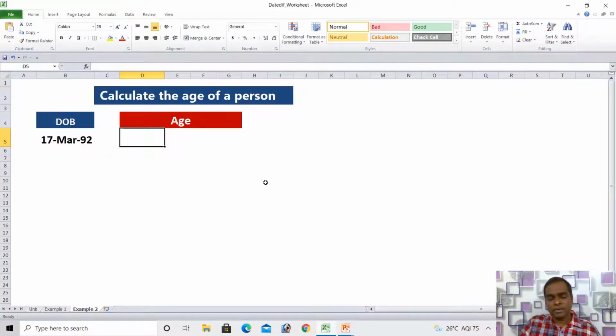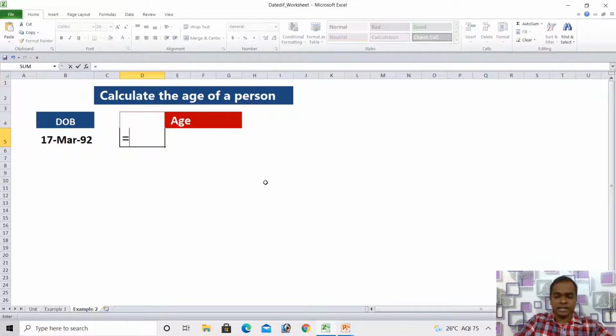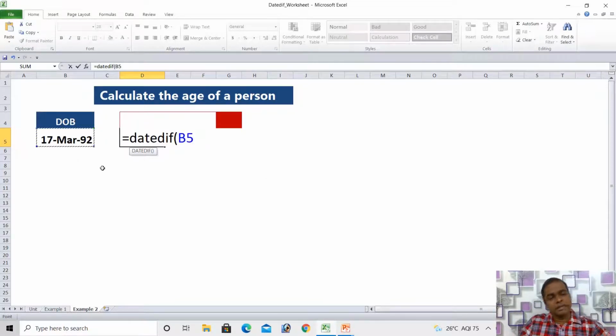First, you have to start with DATEDIF, and your date of birth will be cell B5, which means 17th March 1992, and TODAY, and I would like to calculate the number of years first. Then close the bracket.